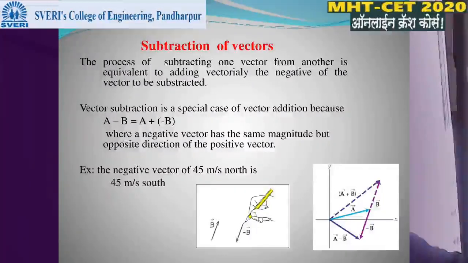Vector subtraction is a special case of vector addition because A minus B is equal to A plus minus B, where the negative vector has the same magnitude but opposite direction to the positive vector. पॉझिटिव्ह वेक्टरच्या अपोजिट डायरेक्शनला असतो, तो निगेटिव्ह साइन इंडिकेट करत असतो. ओके,